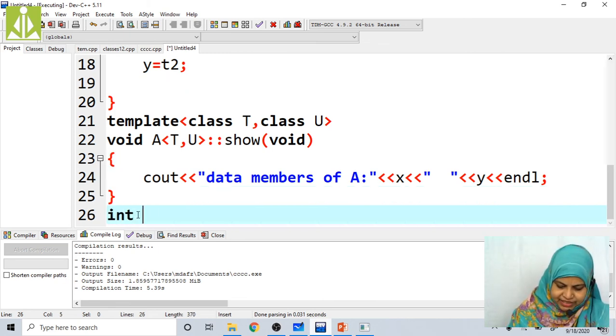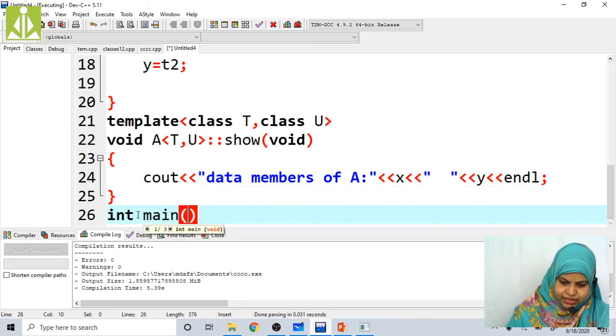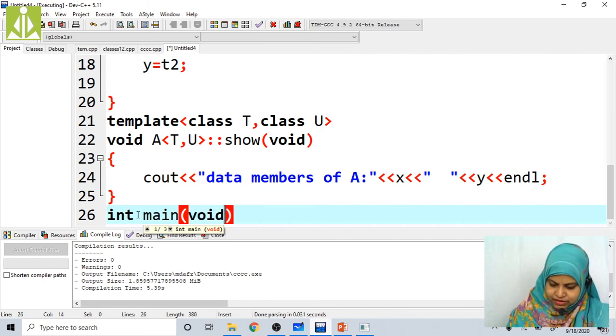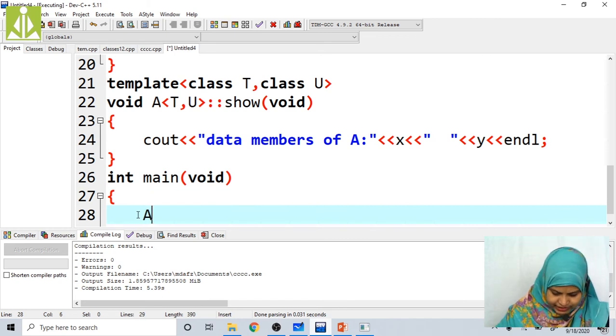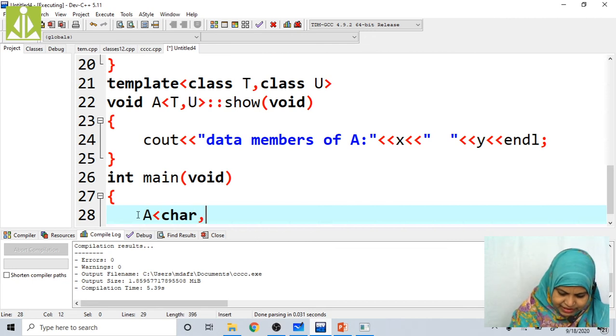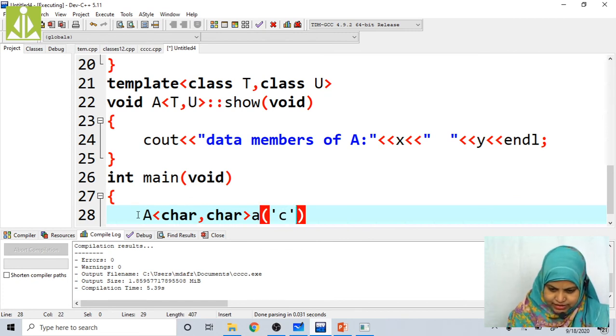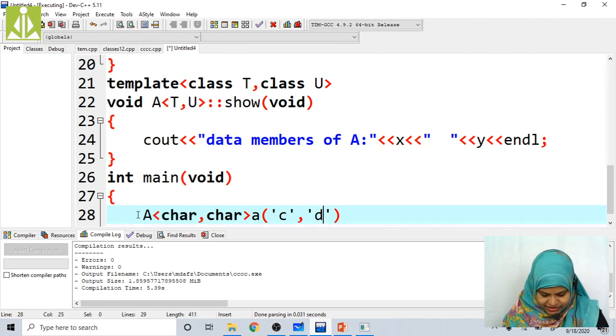Now define the main function, int main void, open the braces. Here in A, I am going to pass the character values, char comma char, two char values, right? In the previous example, I explained char comma char values only. Now, an A object is created here, c comma d, and we are passing two character values.